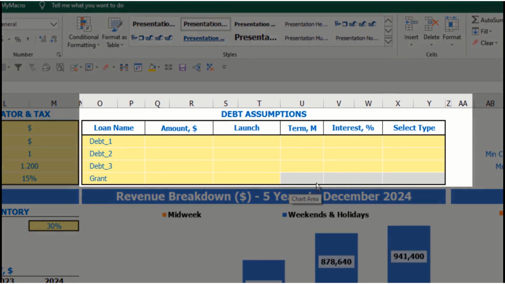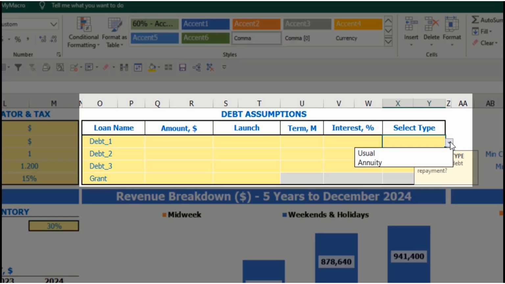Also on the top of the dashboard we have debt assumptions. Let me show you how it works. So for each debt you are able to select the debt type. There are 2 debt types in the model, which are annuity and usual. Annuity means that each monthly payment, which consists of your debt repayment plus interest expenses, will be